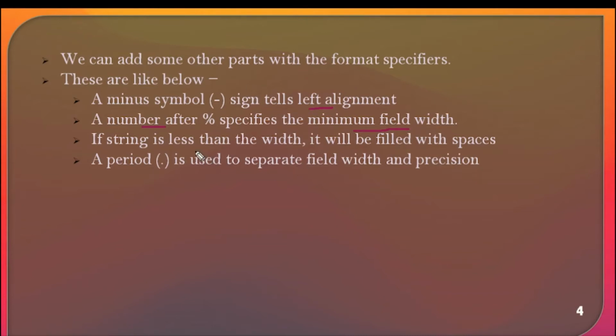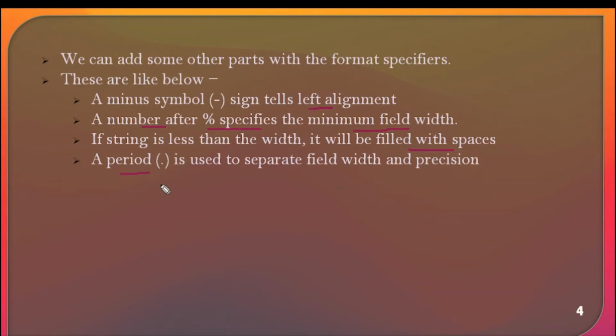If we are displaying a string which is shorter than the specified width, then it will be filled with spaces. If after the % you specify 10, but the string being displayed has only 5 characters, then after those 5, the other 5 characters will be filled with spaces. And we can also use the dot,